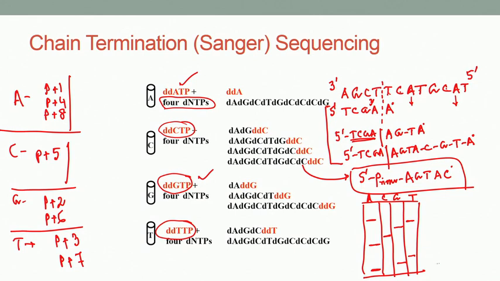So, what will happen first is your A, then comes the G, then comes T, then comes A, then comes your C. That way you just read it from this side to that side. So, what is this? A, G, T, A, C. Now you check what is the sequence of the complementary